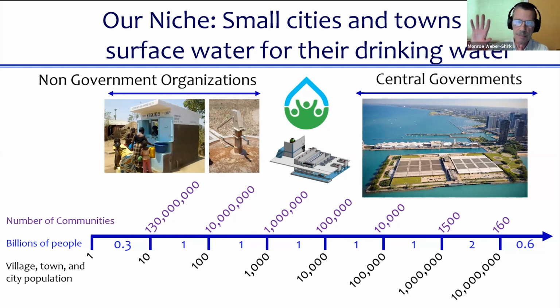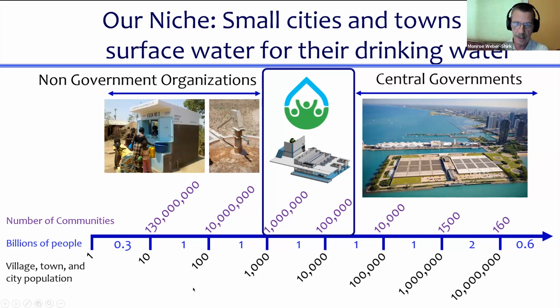And then another piece of this context is that central governments at the large scale, they're doing very well. They're able to provide water treatment plants for the large cities. But when it gets down to cities that are smaller than about 50,000 people, they often begin to run out of steam, and it's because there aren't great technologies available. And that's where AguaClara Reach comes in with our design.